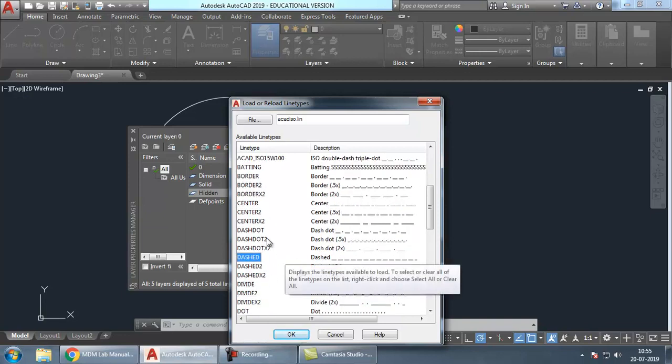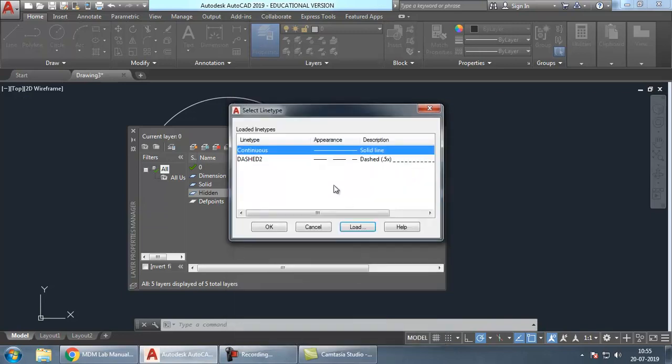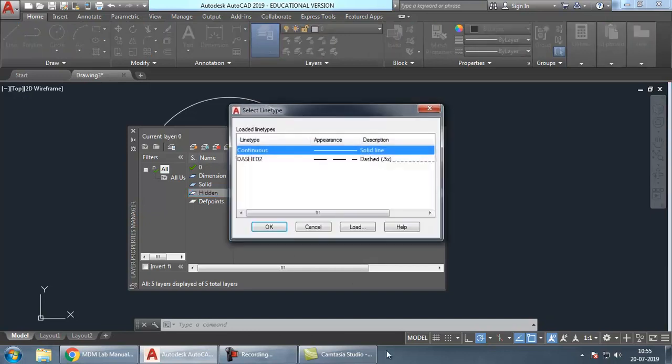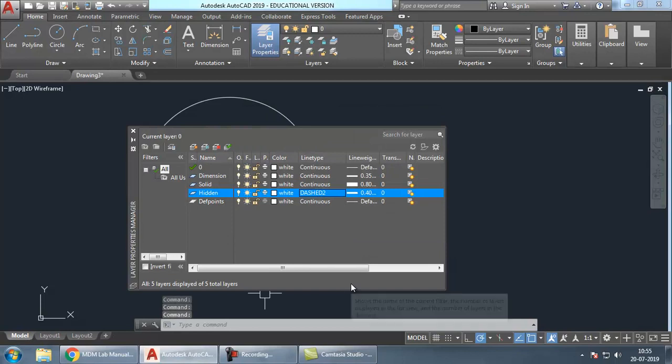Okay, where is dashed 2? Dashed 2. Select, click OK. Now it is loaded. Click OK. Now once again go to continuous, choose dashed 2, click OK. By default these dashed lines will not be available. You have to first load it and then you can use it.